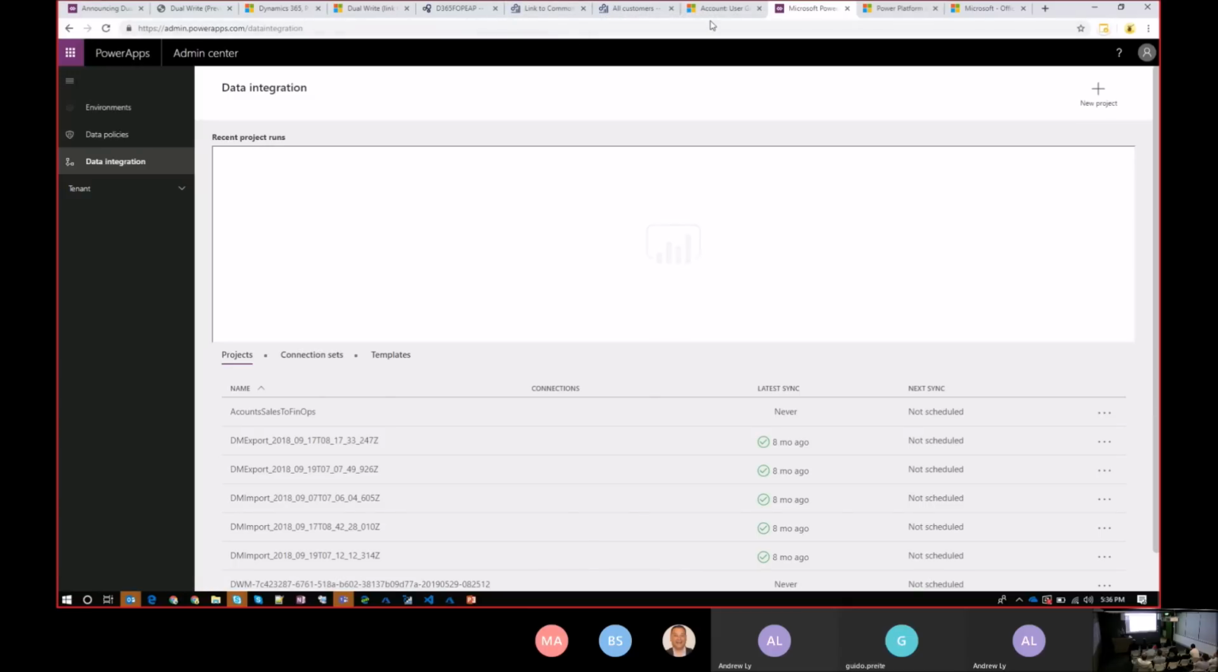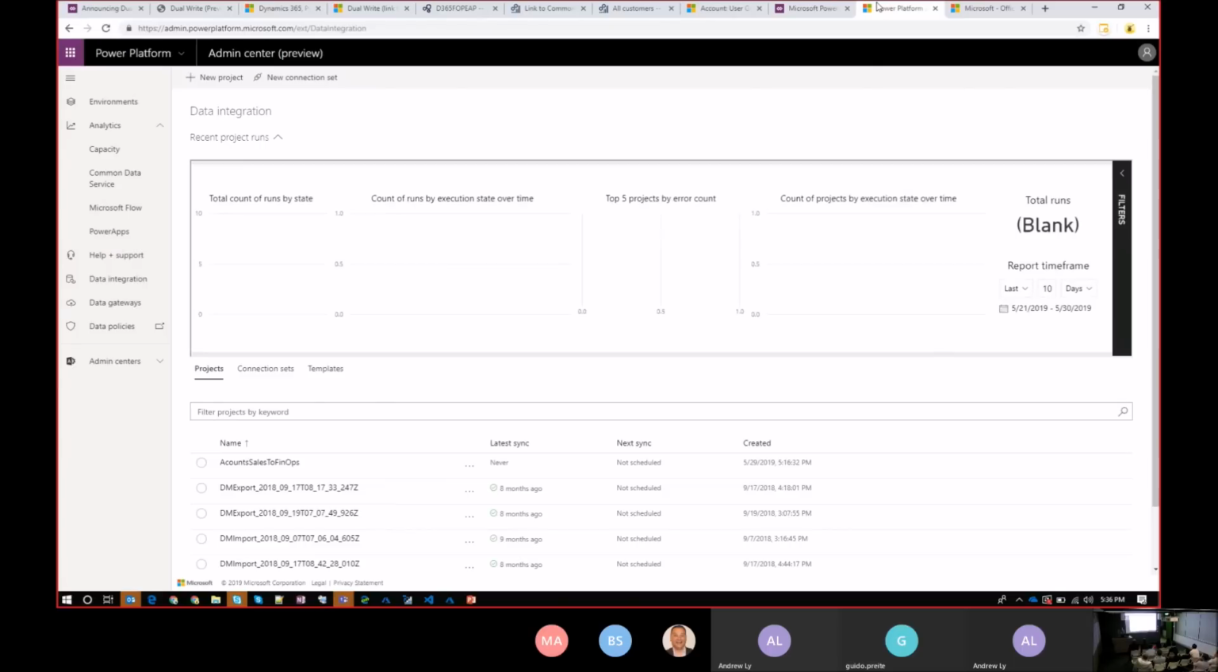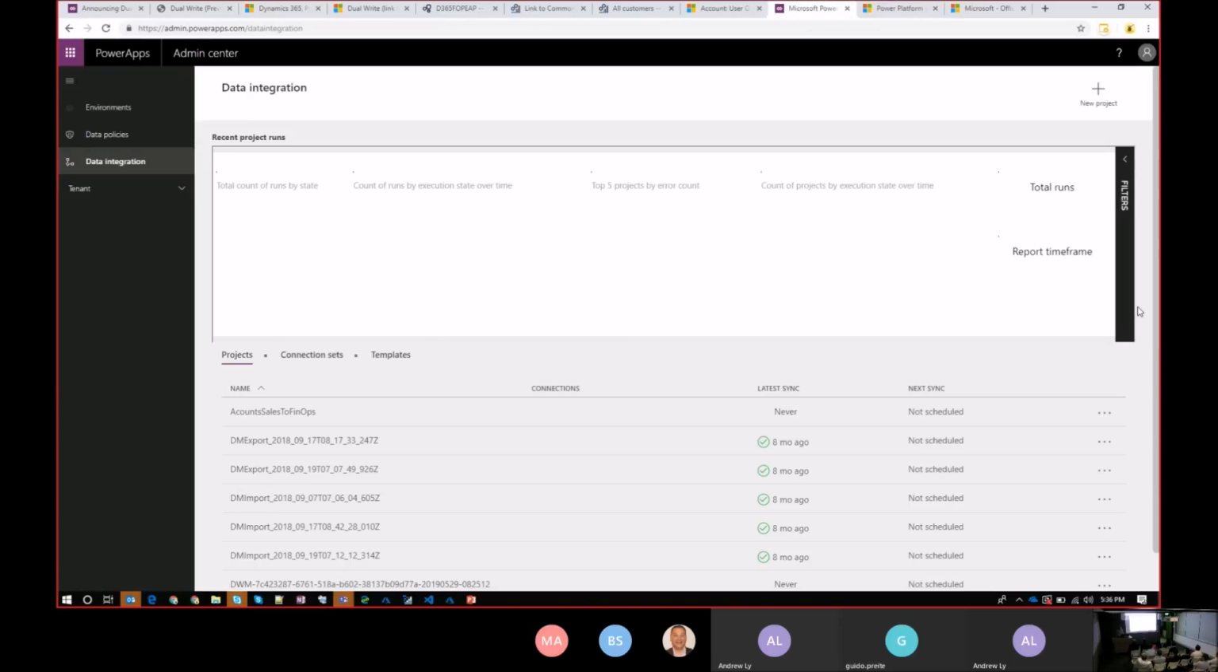Okay, so that's one more thing that I wanted to show you. So that's the dual write concept and what dual write does and what it simplifies. You know, this technology has existed, but it's just been automated. Now, Data Integrator, for those that don't know, got released a couple of years ago. It was essentially living here in PowerApps Admin Center in the data integrations. And what you had to do is create a new project. So I'll just do that now quickly,